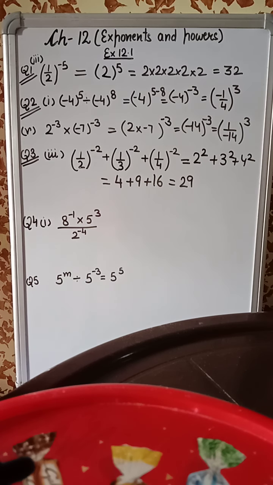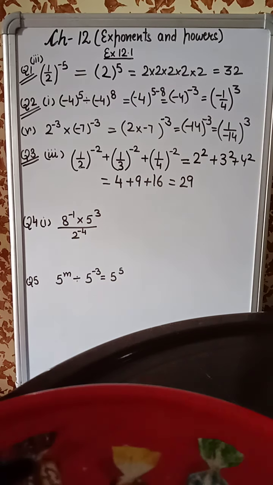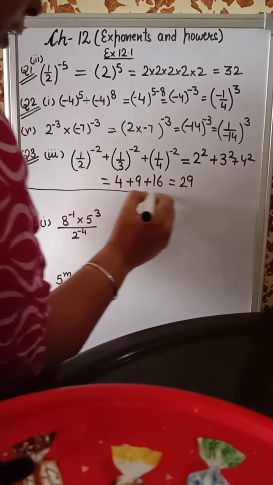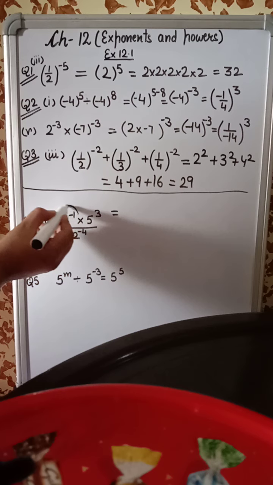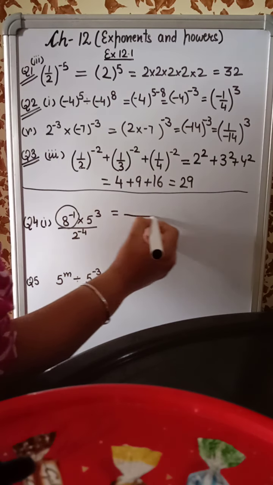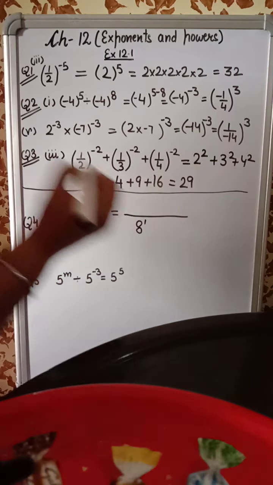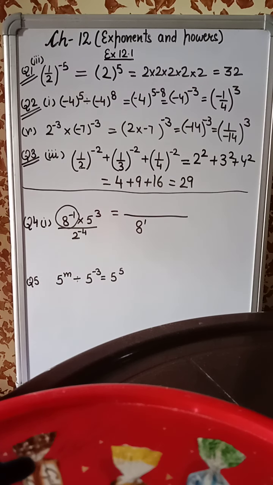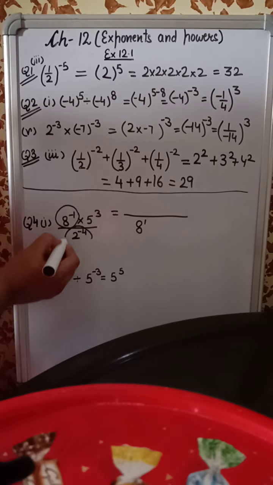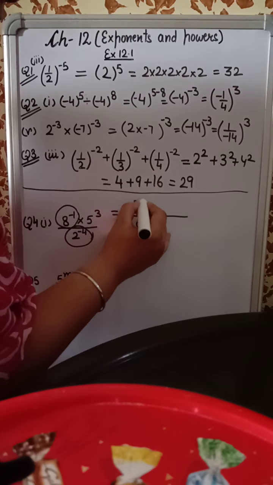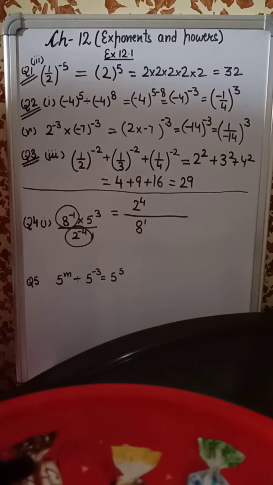Alright. Now next is your question number 4. Question is evaluate. Again we have to evaluate it. So we will solve it till the end. So first of all we'll see that this is a negative power. So this negative power will go to the denominator and become positive, right? If it is in the numerator, we'll bring it to the denominator and the power will automatically become positive. Here it is in the denominator, it will go to the numerator and the power will become positive.